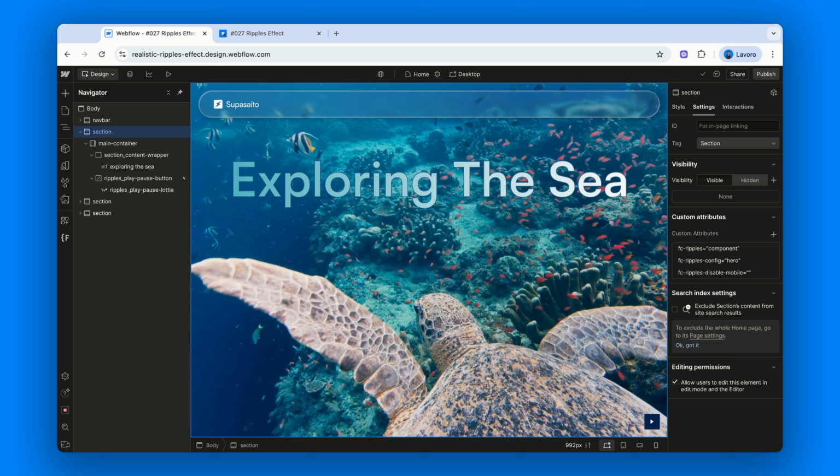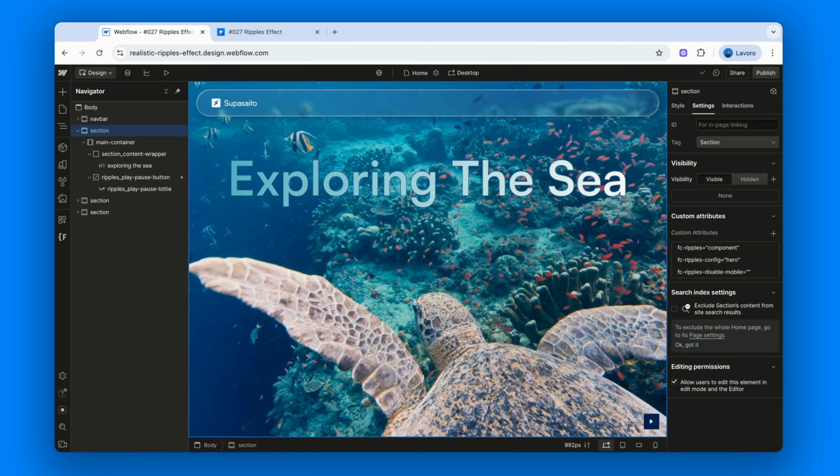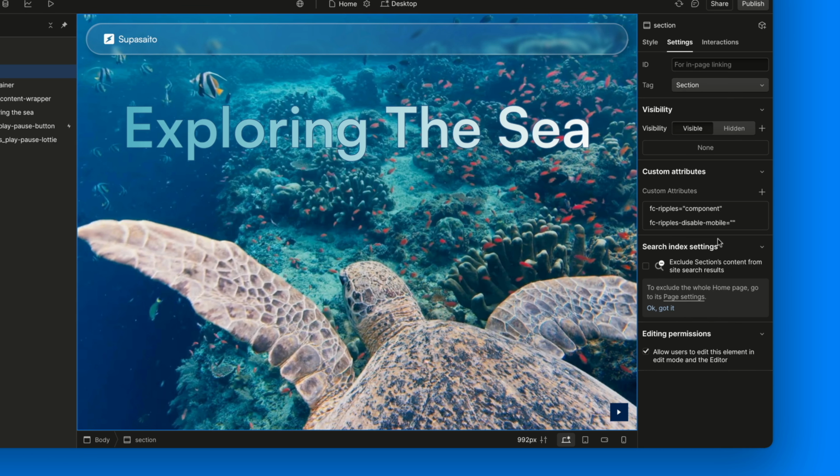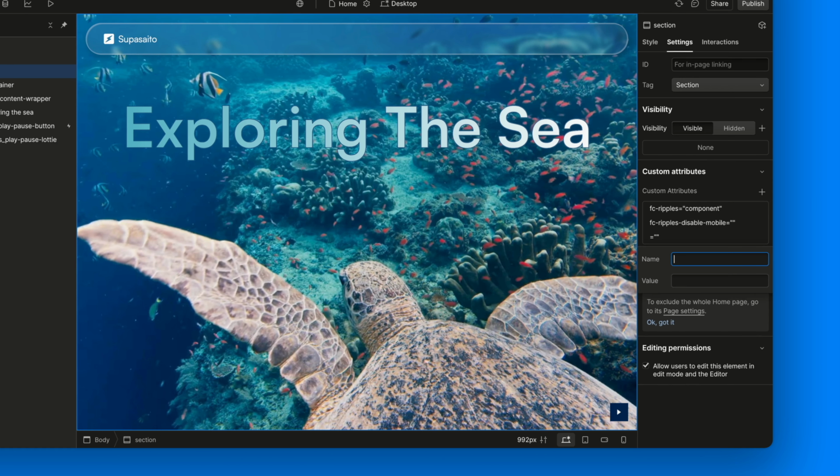Let's say we've played around with the GUI and found a configuration we really like. What should we do now? Well, it's time to clean up the test panel and make our setup permanent. To do that, we simply remove the fc-ripples-config attribute from the section that will hide the GUI panel. Then take note of the values that worked best: resolution, drop radius, perturbance, and finally add those values as attributes